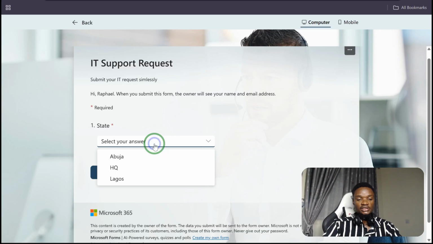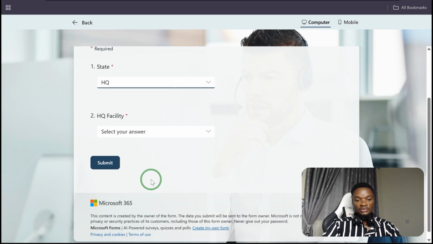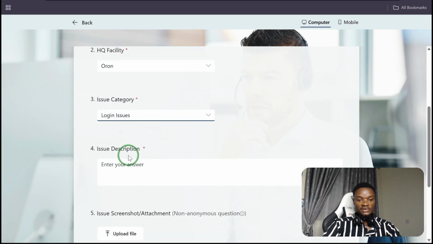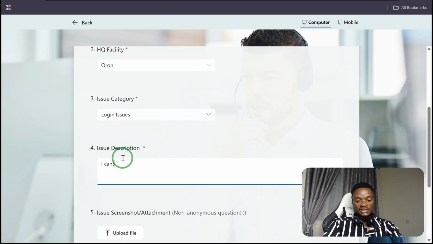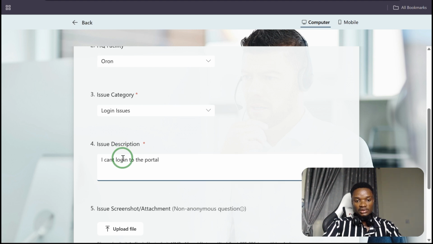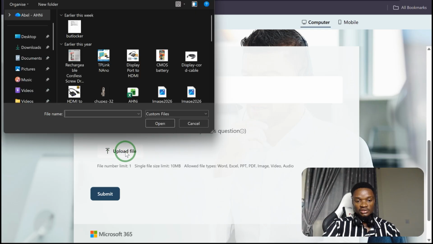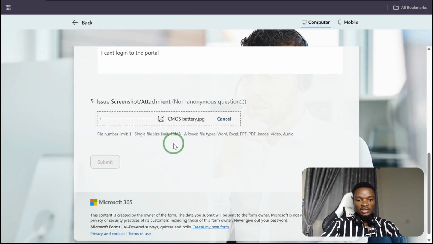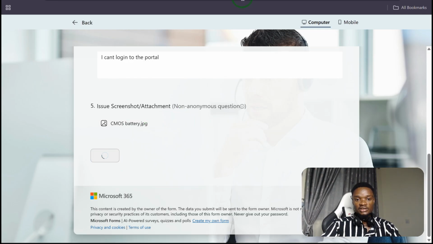So first, before we begin, let's look at how it works. Say for instance you have a Microsoft form displayed here, and you select some fields on the form. Let's say I have a login issue, and the issue is I can't log in to the portal, and I have a screenshot of the issue I'm facing, so with an attachment. Once I click on submit,